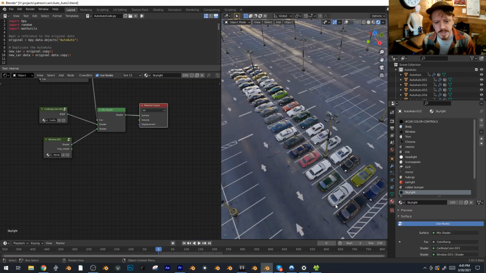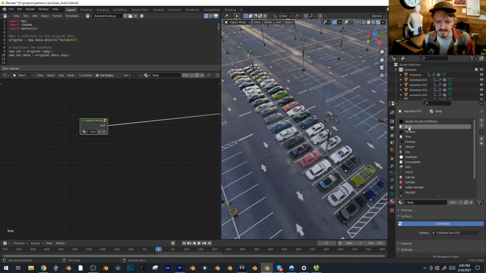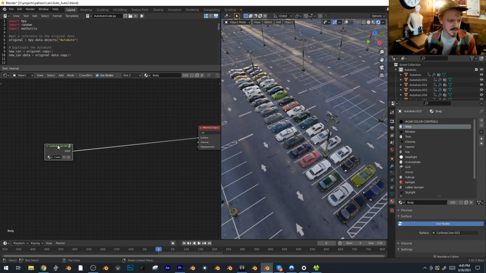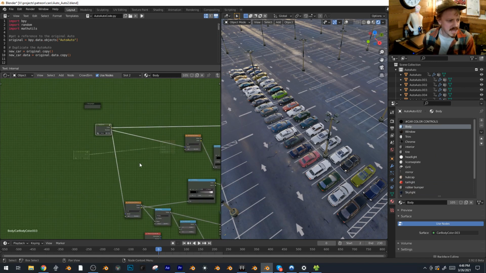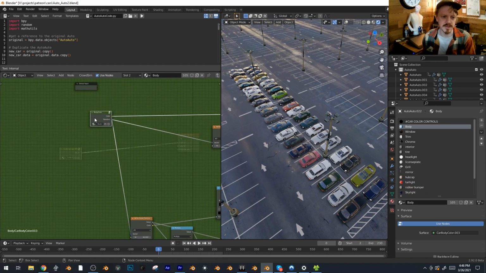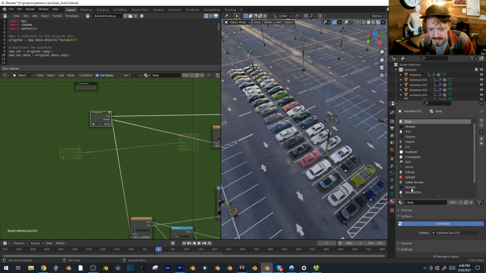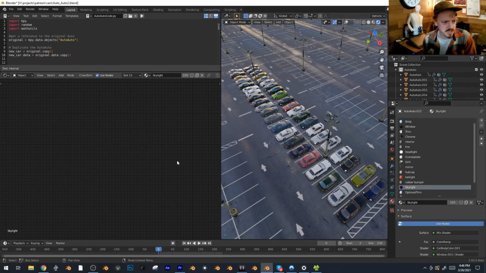And if you want to go in and tweak this stuff, you can just dig into the materials. It's all fairly straightforward. If you click on body here, you have to tab into this group. At the very beginning here, there's body color. The reason that's its own group is because I use this in a bunch of different nodes, so that the skylight here basically just toggles between